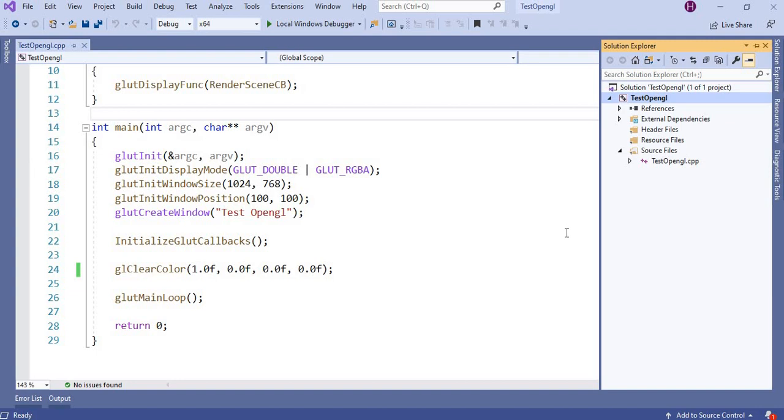So we will learn slowly, but first we have to configure OpenGL in your system. So this way you have to configure OpenGL in your system. Till now, bye bye.